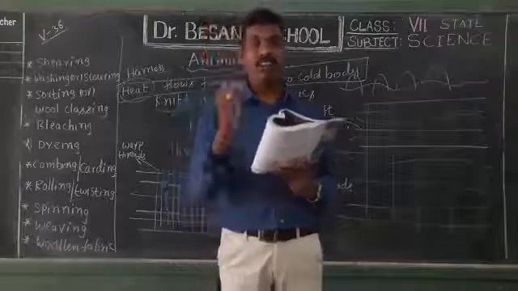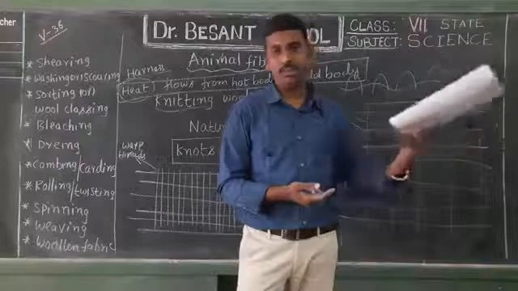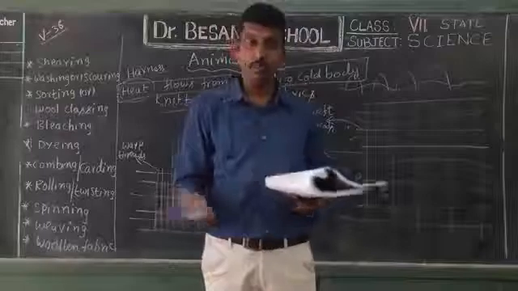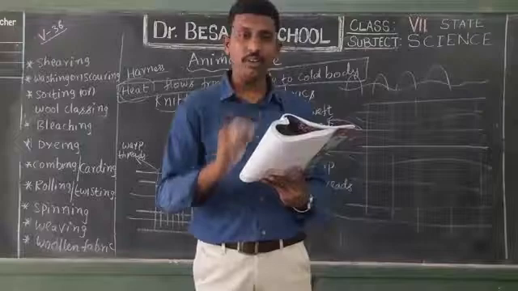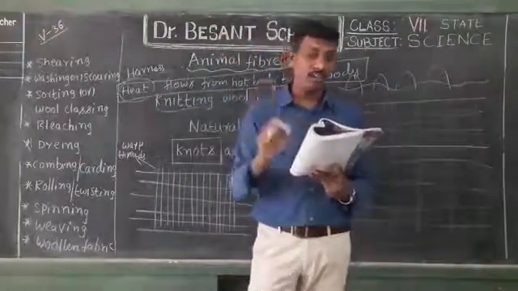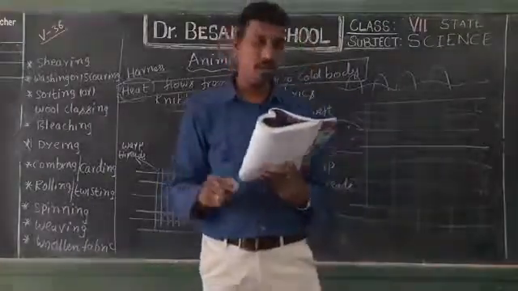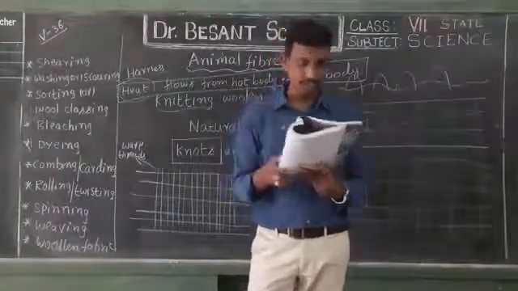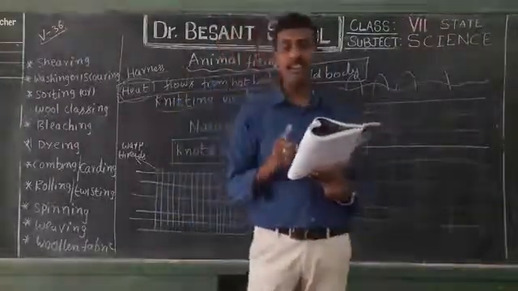Animal fibers are natural fibers. Just as we discussed in the previous class, in 6th class we learnt about jute and cotton fibers. Those are all natural. Those are plant fibers and these are animal fibers. Animal fiber is a protein while the plant fiber is a carbohydrate. Cotton is made up of a carbohydrate called cellulose, whereas silk is made up of protein called sericin and fibroin. Rearing of silkworms for obtaining silk is called sericulture.